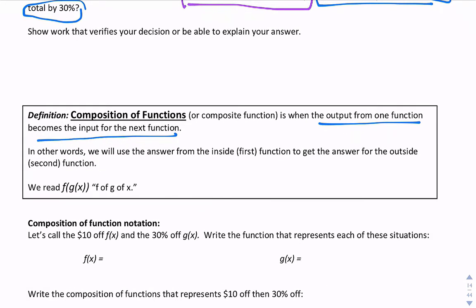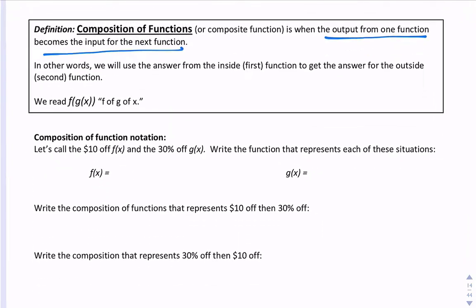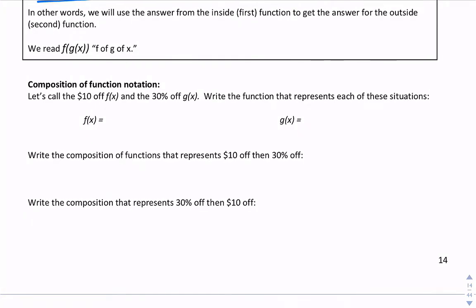So let's turn this Kohl's problem into a composition of functions. Let's call the $10 off f of x, and let's call the 30% g of x. Let's write the function that represents each of these situations. Okay, so $10 off of a total would be like x minus 10 if 10 was our total. And then for g of x, it's if it's 30% off,